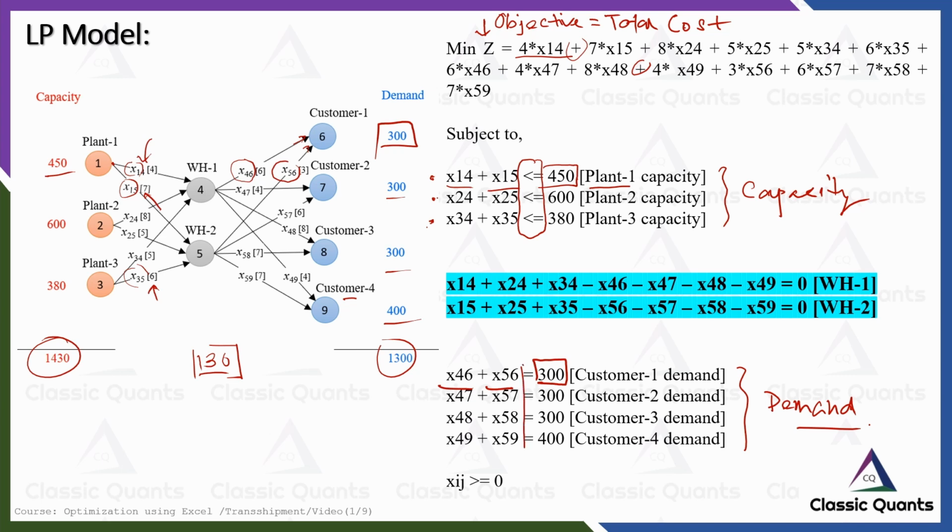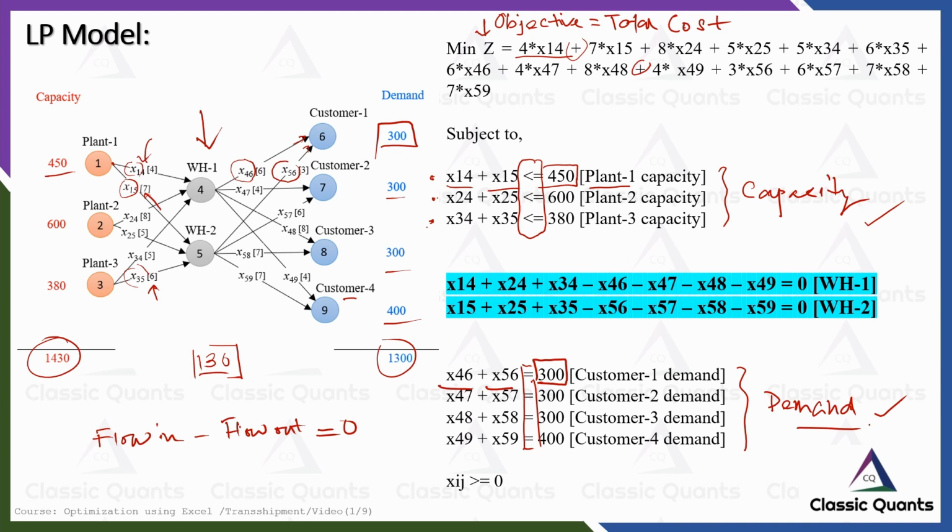You will use the equality constraints in case of demand constraints, because you have to fulfill the entire demand in this case. So up to this is very similar to your transportation problem. What is different here is the constraints for the transshipment nodes. What happens in case of transshipment nodes is flow in minus flow out should always be 0. That means whatever comes inside the transshipment node and whatever goes out of the transshipment nodes must be equal.